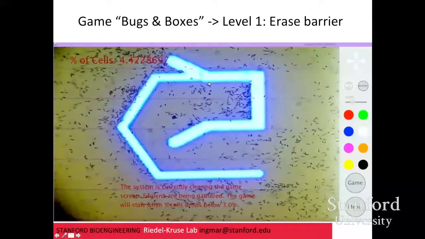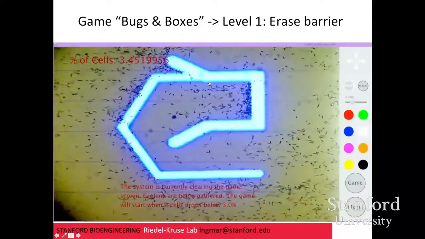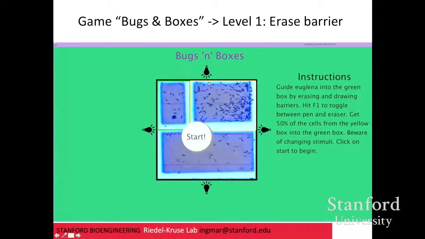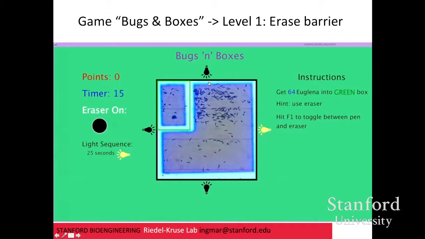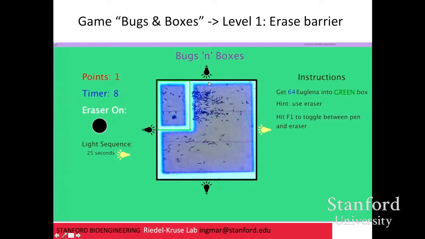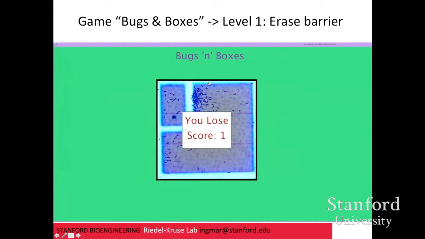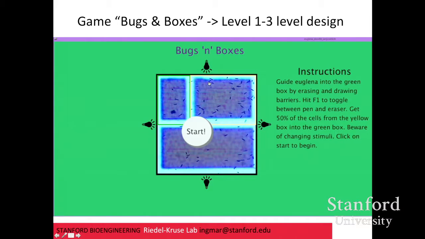The game hasn't started yet, but you want to clear part of the screen and move some cells. Now this is where the actual game starts, and the goal is to get these cells into here. The light is on from this direction, and what you as a player need to do is get rid of this barrier, right? The player didn't do this, so he lost, because all the cells accumulated here and did not move in there. Okay. And now I'm going to show you a movie of 3 levels of this